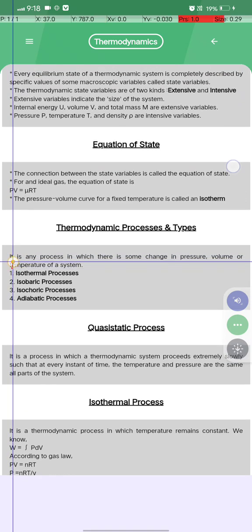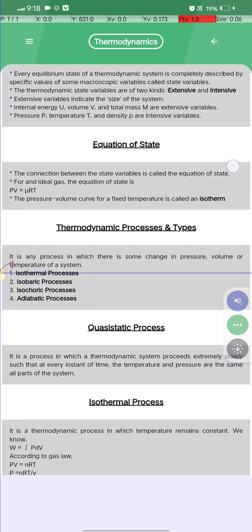Any process in which there are some changes in pressure, volume or temperature of a system is a thermodynamic process. The types are isothermal, isobaric, isochoric and adiabatic, ये उसके कुछ प्रोसेस हैं, ठीक है, थर्मोडायनामिक्स के।